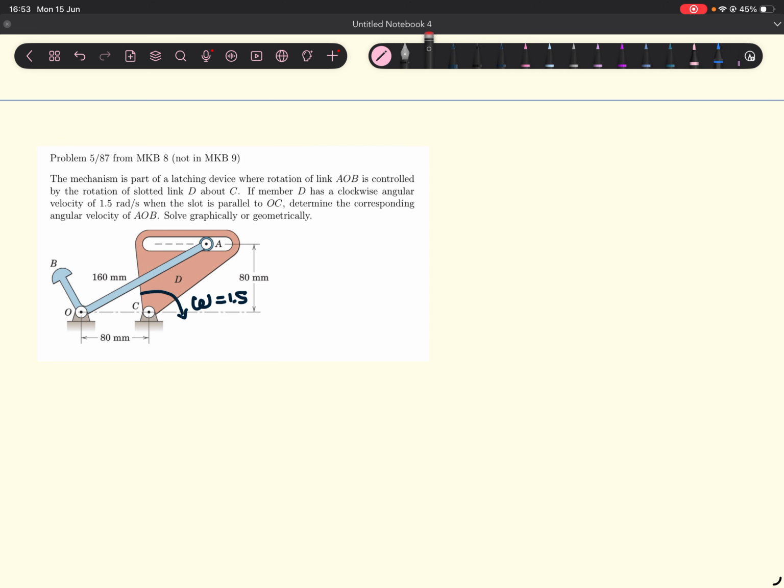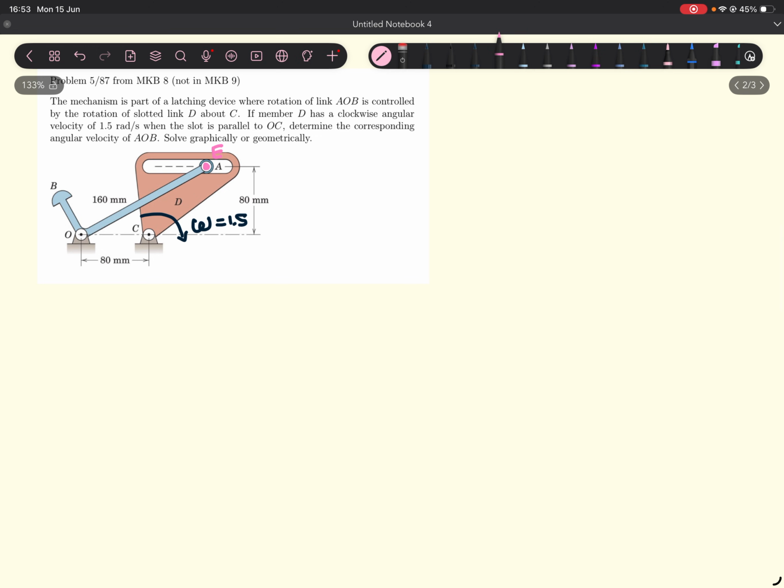And in order to do that, we're going to construct a new point on the same point as point A, right? But take note that this point is actually on body D. It's not on this thingy over here, right? So I'm going to call this point E, okay? And we're going to use that to help relate the motion of body D and